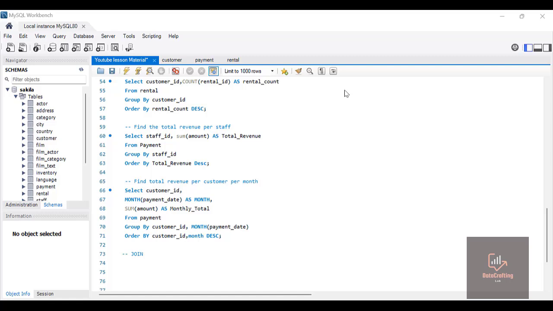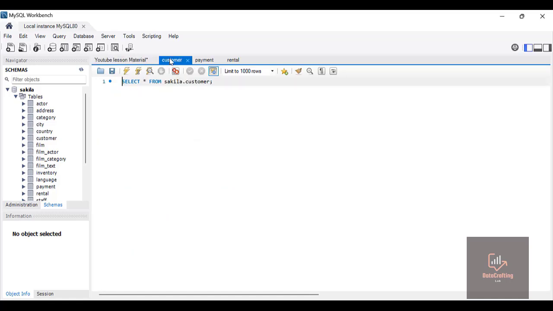In this lesson, we'll be discussing join. Firstly, what is join? Join in SQL allows you to combine rows from two or more tables based on a related column between them. Now, if I click on this customers table